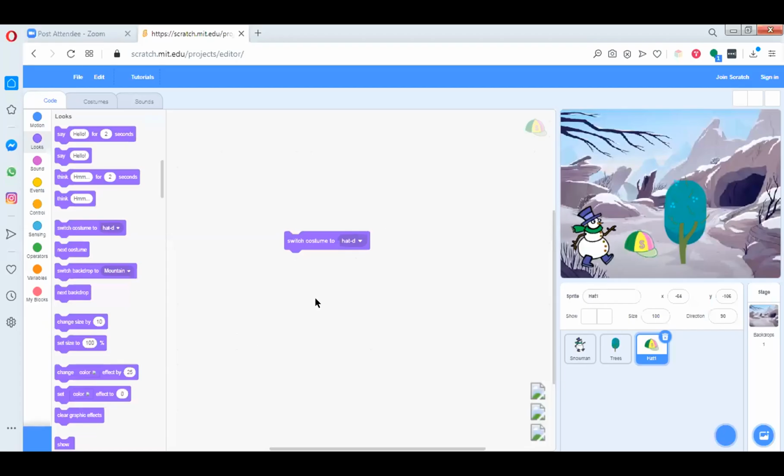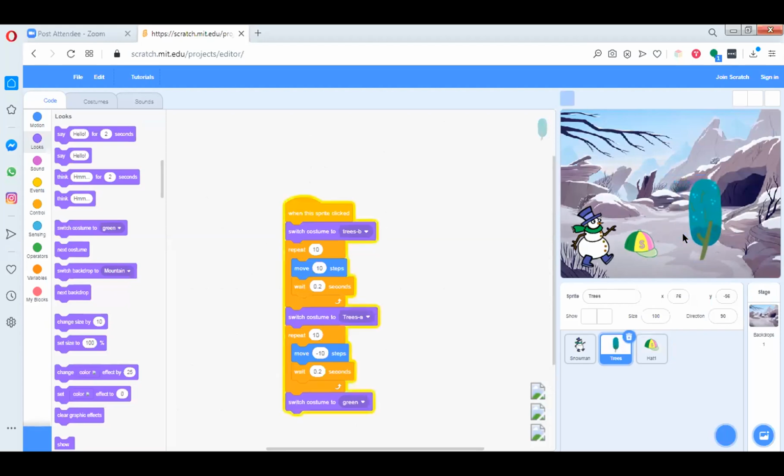Sir, I have different costumes for my hat. No problem. So everyone would be different, correct? Yes, sir. So I'm asking, did we do any coding for that? No, we have not done coding for changing the costume. We have just checked the costume. If you can show me, then we'll start doing the coding also. So can you see? Okay, very good. Sir, I'll just show you my tree coding, 1 minute. So it changes color at the end.